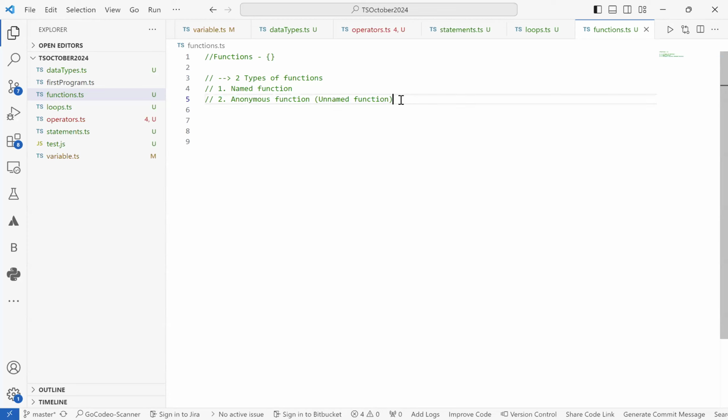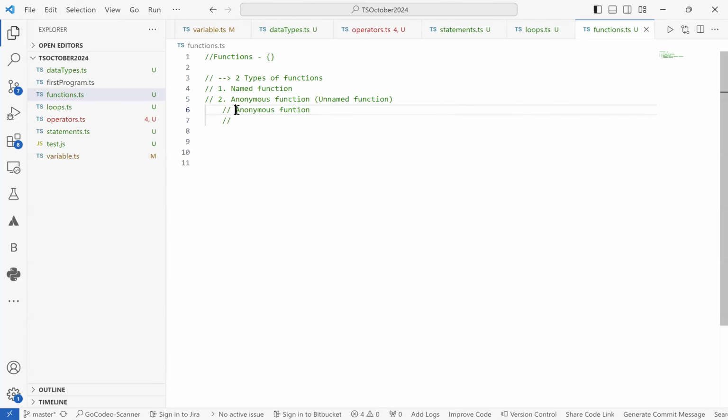Again, there are different ways in which we create an anonymous function, which will be a normal anonymous function,